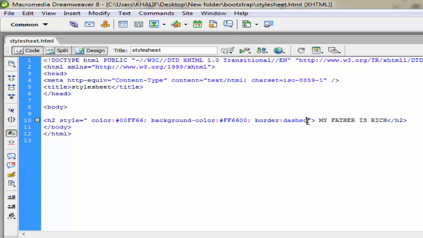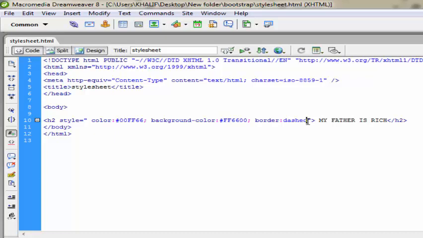Inline styling isn't really the perfect way to style our HTML document, because if you are styling a huge website, you would not like to use the inline styling, because you will need to start styling each tag in itself. But the next type of styling we have here, which is the embedded styling, has helped us solve this problem.